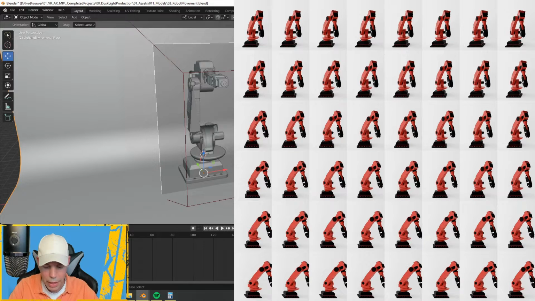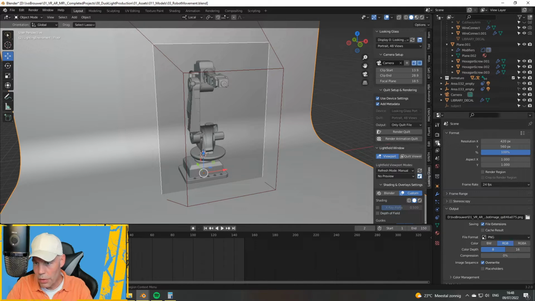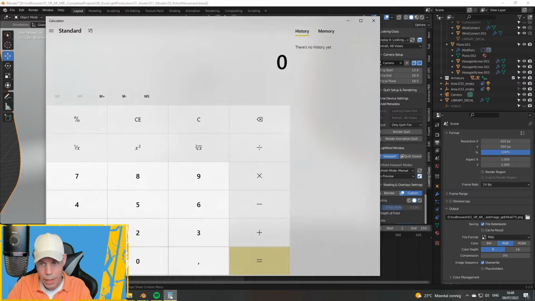Let me just get this out of the way. Go to Blender, go to the tab here which says Output Properties, and you see that the resolution in the X and the Y direction is 420 times 560. Let me get my calculator here. So if I have 420 pixels in the X direction and I multiply this by 8 because I have 8 columns, I get a resolution of